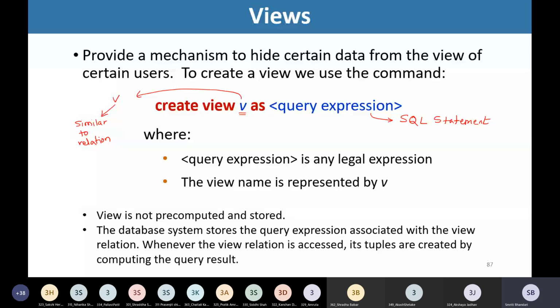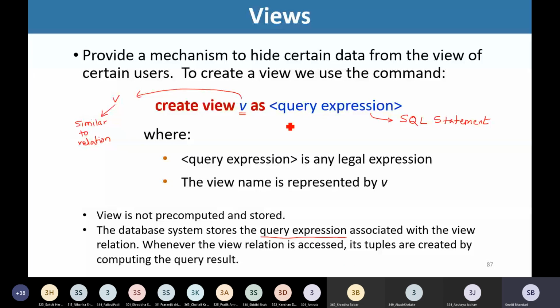Then what happens actually is the database system stores only the definition of the view. The database system stores the query expression associated with the view, right?